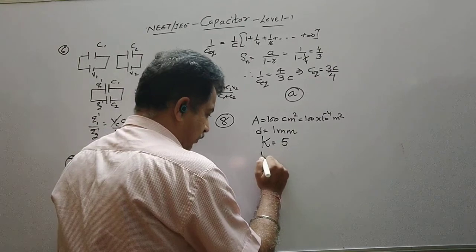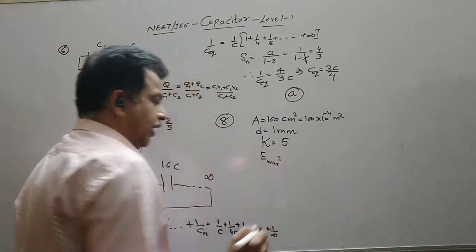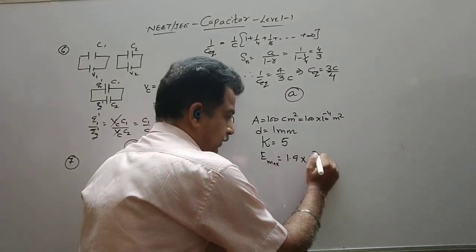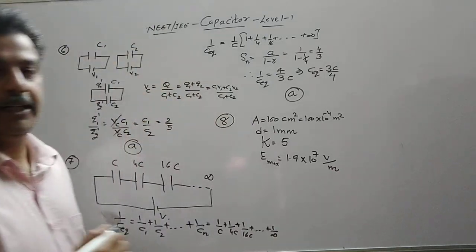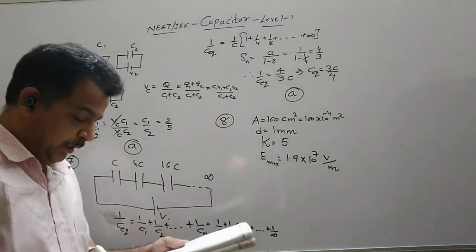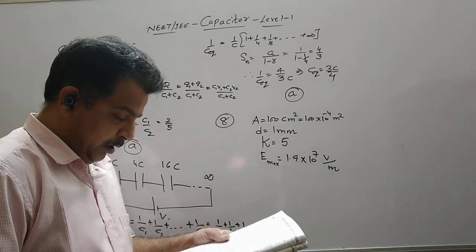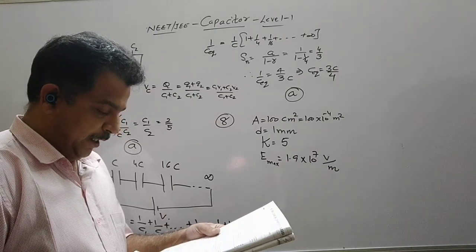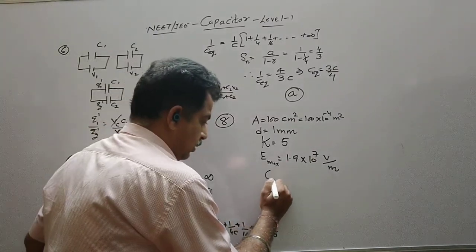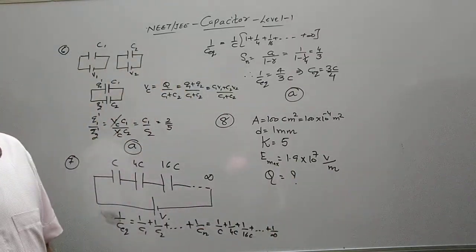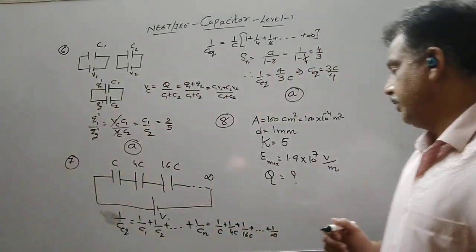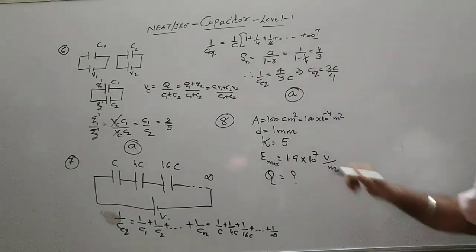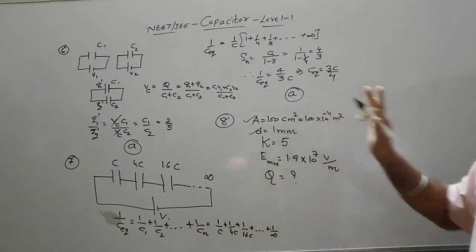Dielectric strength means the maximum field a capacitor can withstand without getting breakdown. So the maximum electric field that a capacitor can withstand without breakdown is called its dielectric strength. Find the maximum charge that can be stored on a capacitor without causing any dielectric breakdown. So we have to find out the total charge stored on a capacitor where it can withstand a maximum field of this. So if we see the dimensions, now there is a dielectric constant.